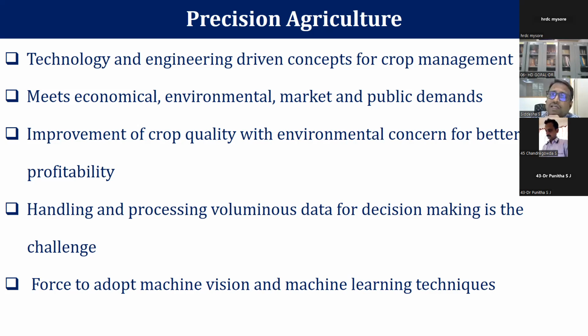So many factors, I need to collect that data. When I'm collecting that data, it is going to be very huge. Storing and processing that data is going to become very cumbersome, and manually it is not possible for a human being. So we have to go for computers, high performance computers that are needed. And all these concerns force us to adapt machine vision and machine learning techniques, especially